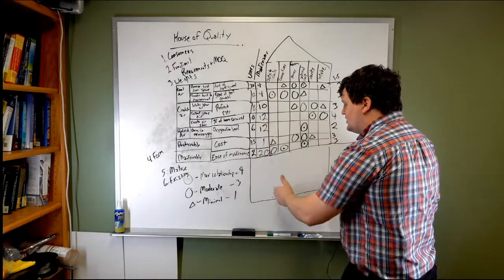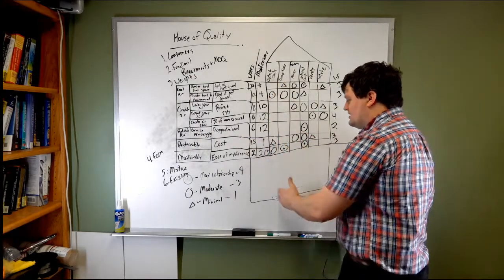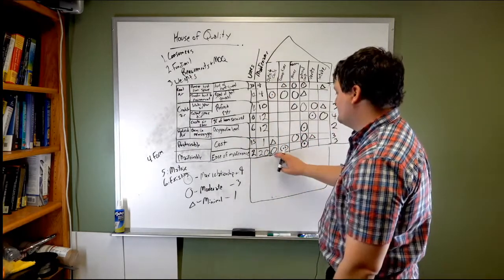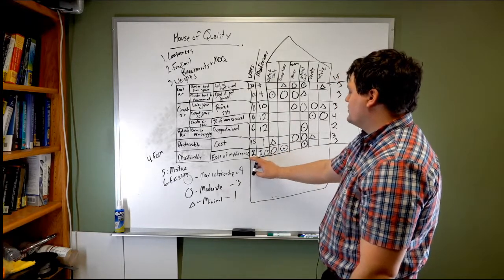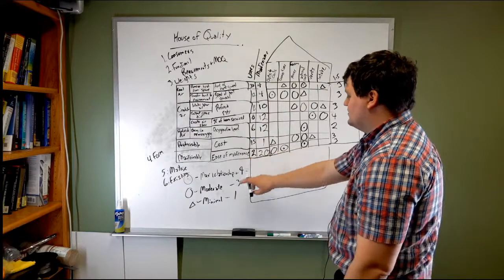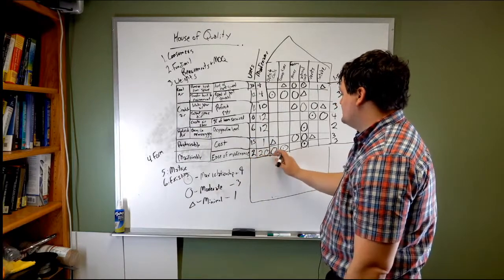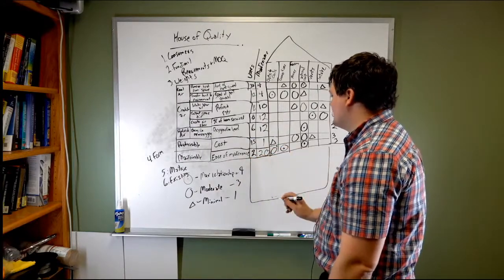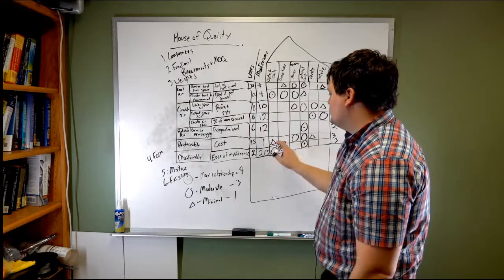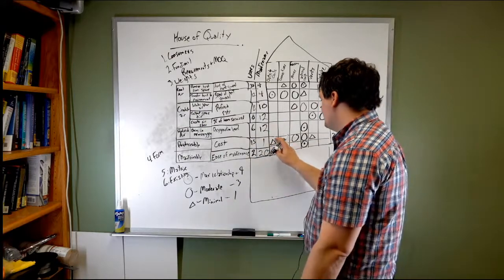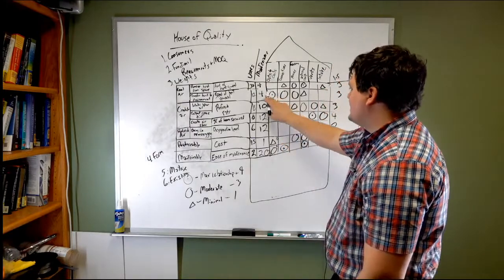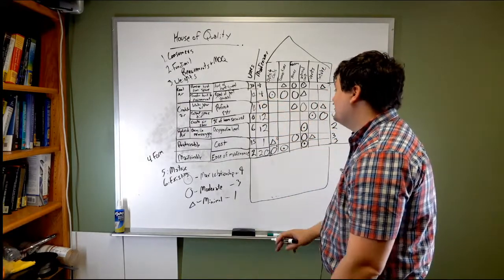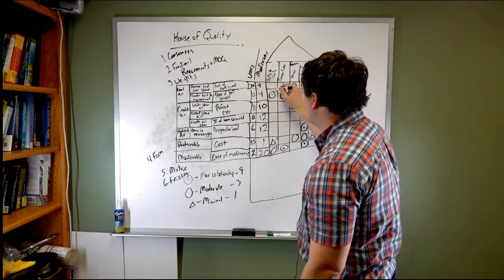numbers, and you ultimately add up everything that's in this column. So here this would be a circle. The circle is times, if we're going for the user needs, we would multiply the circle, which is a 3, times 2, and this cell right here would have a value of 6. This is a triangle, which is 1, goes 15. This cell right here would have a value of 15. Okay, and this up here is a 9. 9 times 12, that cell up here has a value of 108.